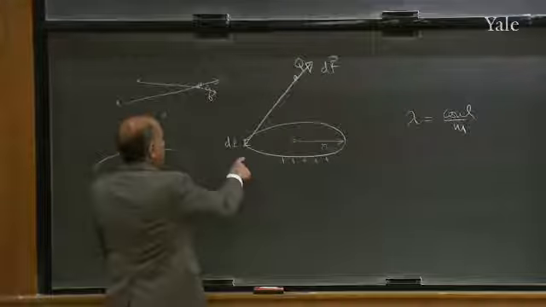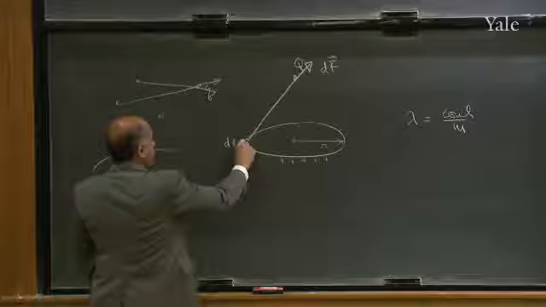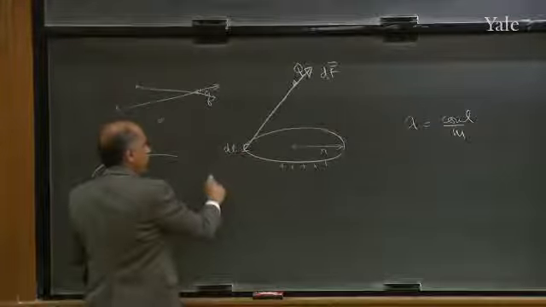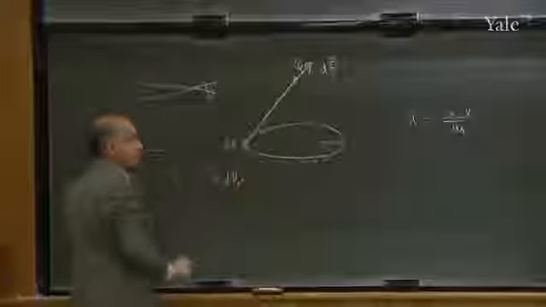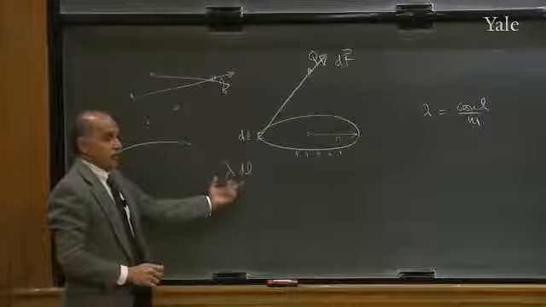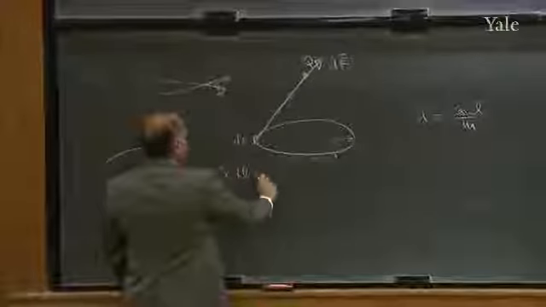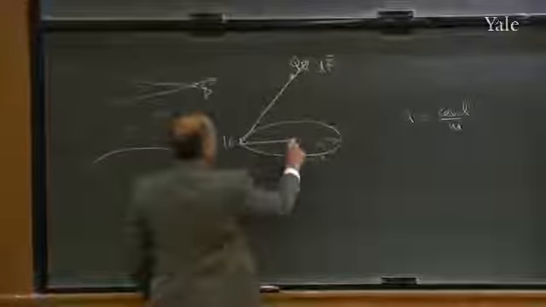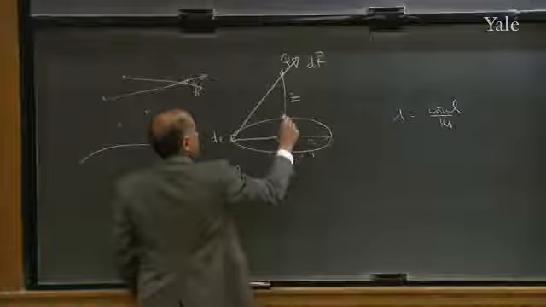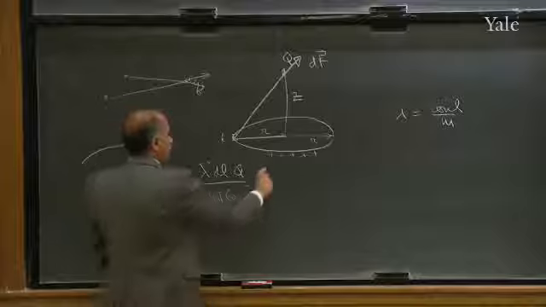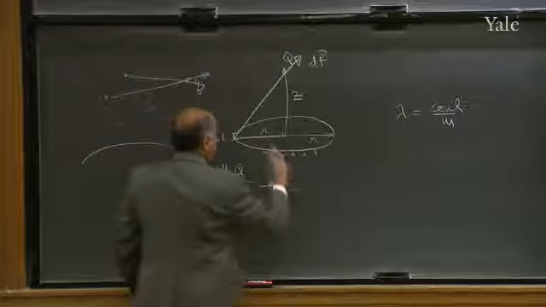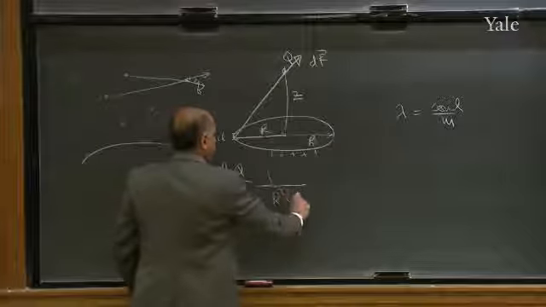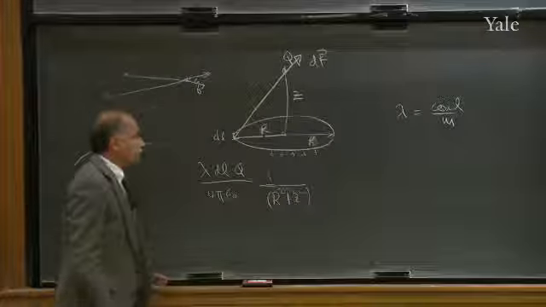Now, force of this segment will be the charge. This segment is so small, you can treat it as a point charge, and the amount of charge here is lambda times dl. That's the q1. The q2 is the q I put there. Then there's a 4 pi epsilon 0 r squared. R squared will be this distance z times this radius, maybe I shouldn't call it r, let me call it capital R. Then it's R squared plus z squared. That's the distance.